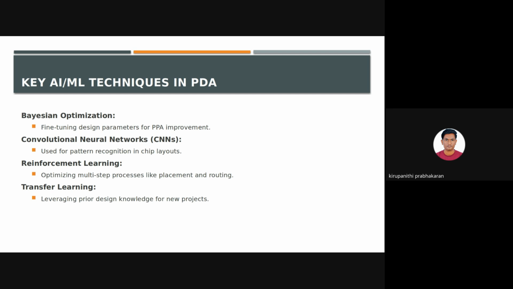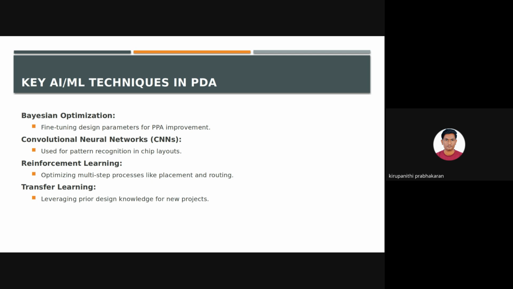AI or ML techniques in physical design automation. Bayesian optimization. So first, Bayesian optimization is a probabilistic model-based optimization technique, right? Primarily used for fine-tuning the design parameters in a way that enhances the power, performance, and area of a chip. It is particularly used when the design space is large and the evaluation of each design point is costly, such as